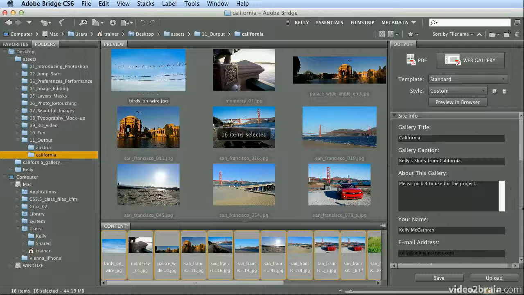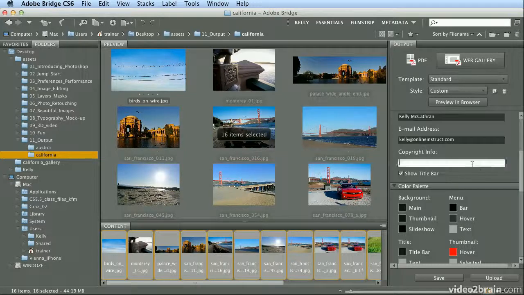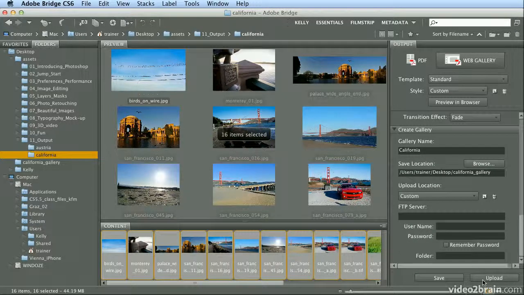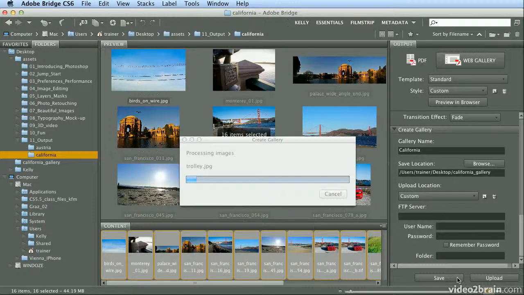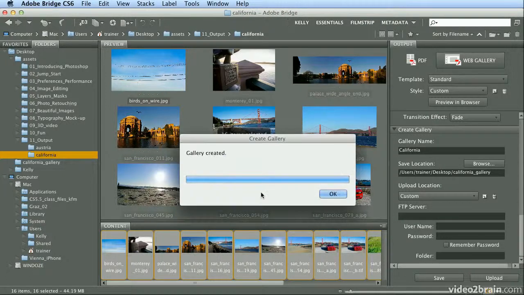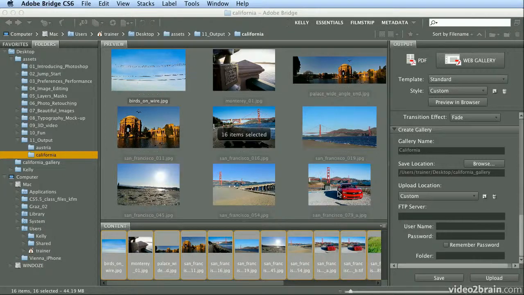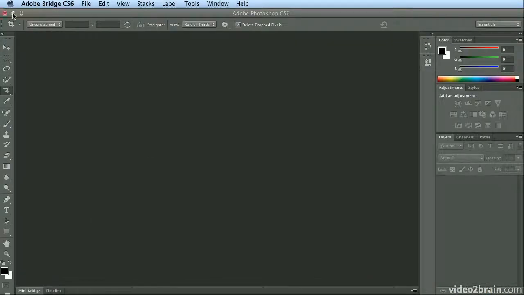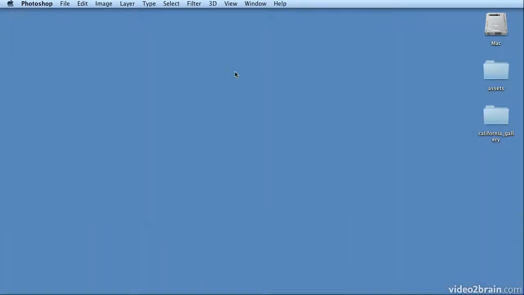As I scroll down, I could put whether the images are copyrighted. Let's copyright these 2012. That way nobody tries to rip them off. And I'm not going to directly upload these anywhere because I want to take a look at the gallery first, so I'll click Save. It takes each one of these, regardless of their resolution, and puts them into the ideal web format, typically JPEG for photos. The gallery is done, so I'll click OK,